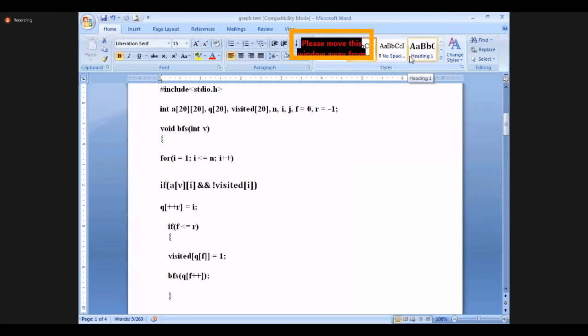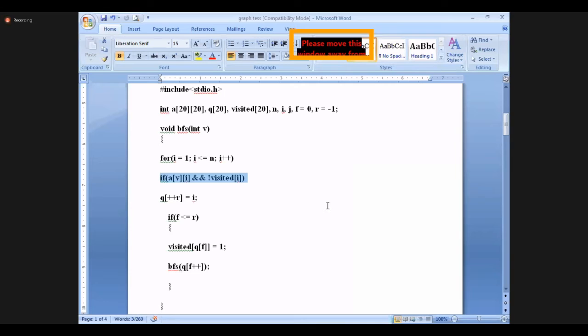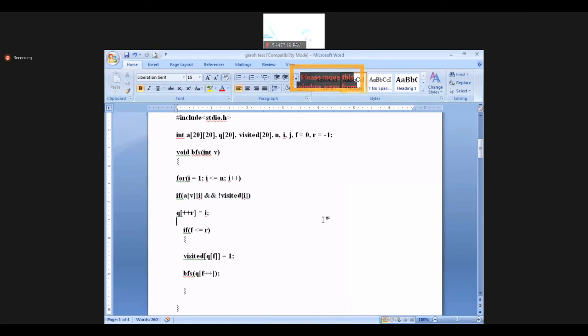The Q array is for noting all the nodes. Just see, you have to start from 0.